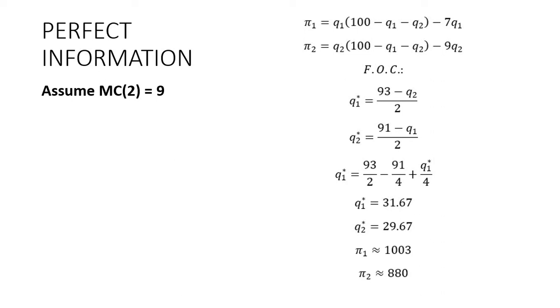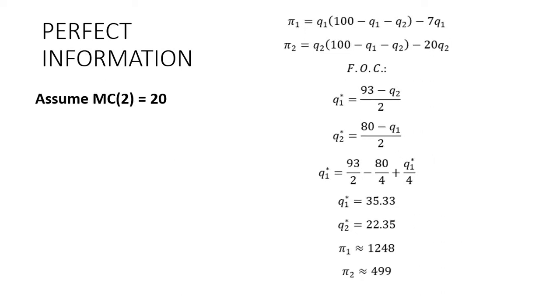Okay, so I believe this is clear. So this is just some revision from Cournot duopoly. Analogously, we assume perfect information. We assume that marginal cost of the second firm is equal to 20. So basically in this case, we analyze what is going to happen if the second firm has marginal cost equal to 20 and it decides to reveal information about its marginal cost. So we design another profit function for the second firm. Analogously, there is another best response function. So please take a look, we will need it later.